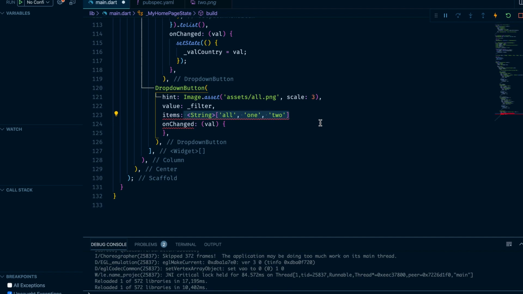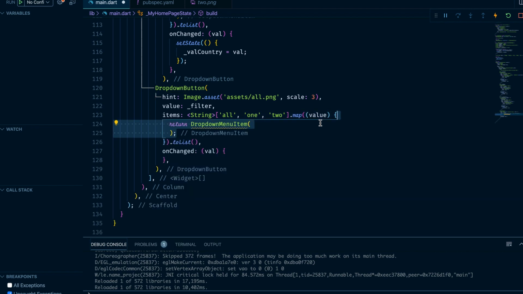And items, this is a list of the names of the images. So I set all, and this image is all.png, one is one.png and two is two.png.